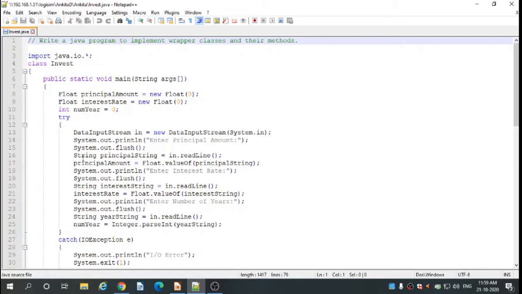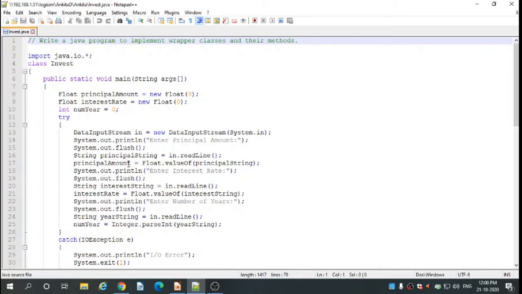We are reading the value like String principalString = in.readLine. We have created another new variable, principalString, in String type. This variable helps to store the principal amount in it.